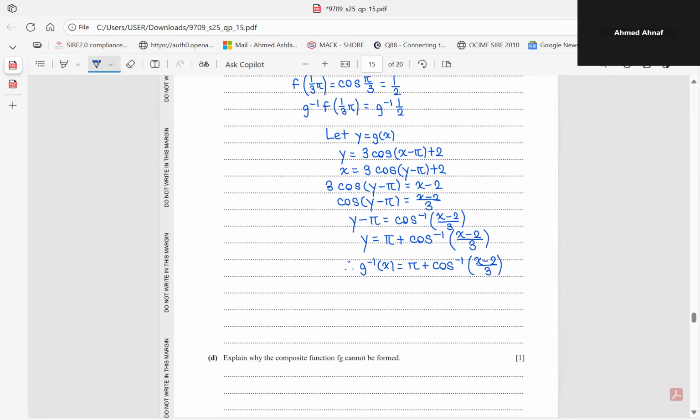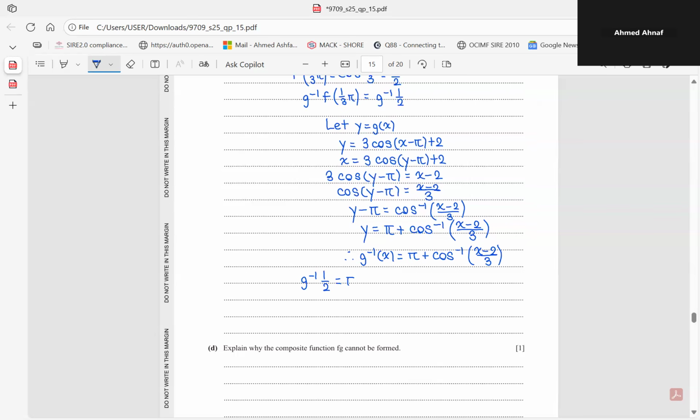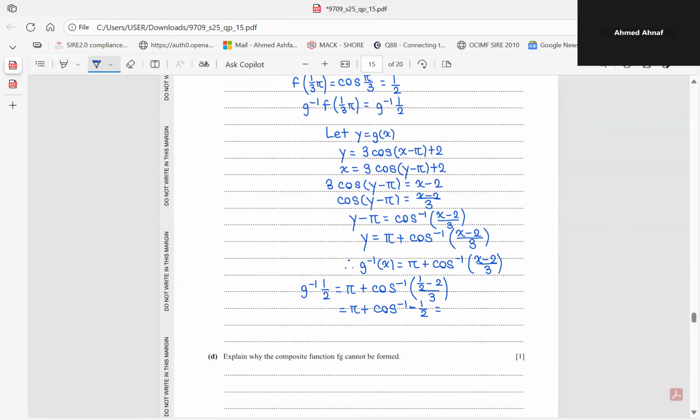And now we can find g inverse of half, which equals pi plus cosine inverse half minus 2 over 3. And this would just be pi plus cosine inverse half minus 2, divided by 3, which is minus half. And cosine inverse minus half